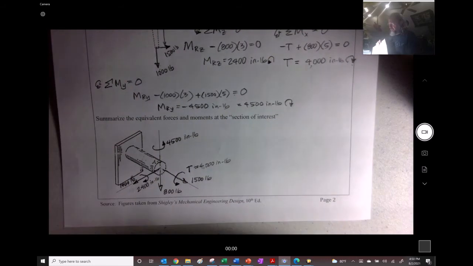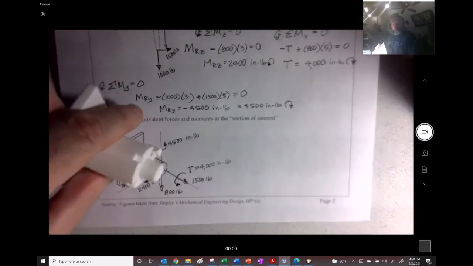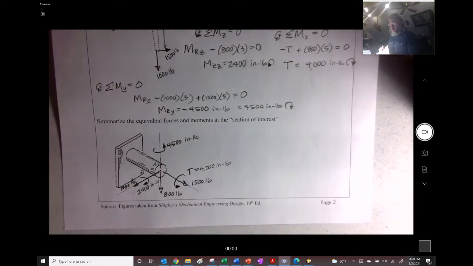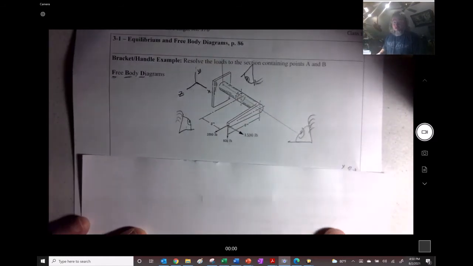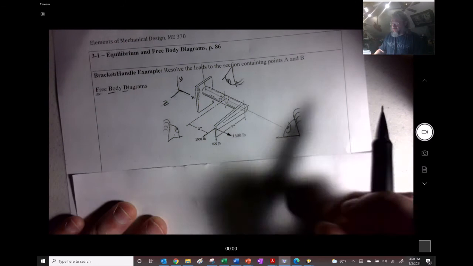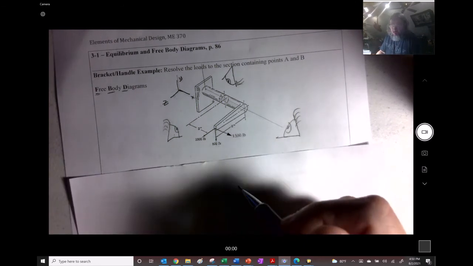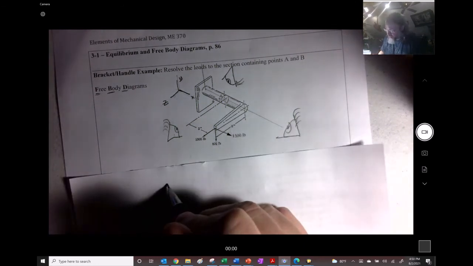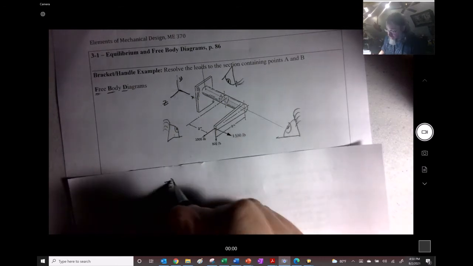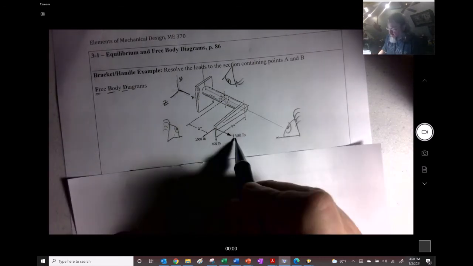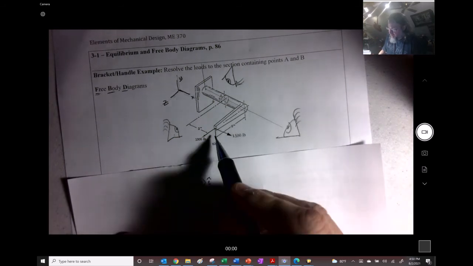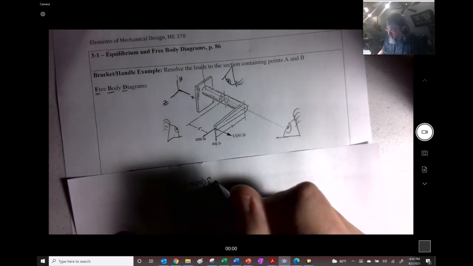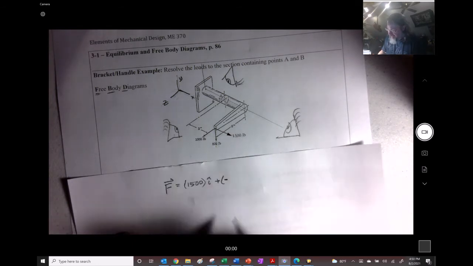But what we ended up doing is getting the reaction forces and moments onto this little stump right here. But let's get the same result from the same problem by doing the cross product right here. So what we need to do is write out what our load is that's going to be on here. We have an applied force onto this, and writing it out as a vector, we see that it's a positive x, so 1500 i, and it's a negative y, so I like to put that inside